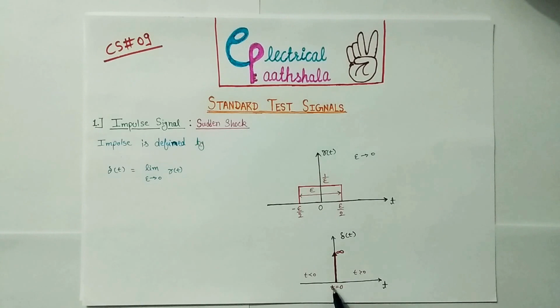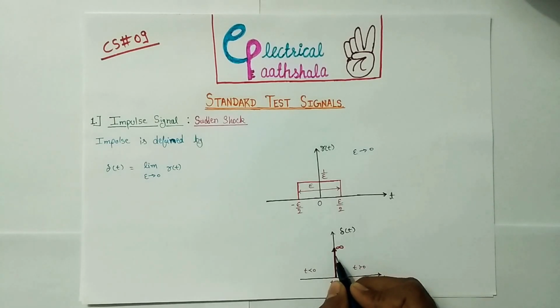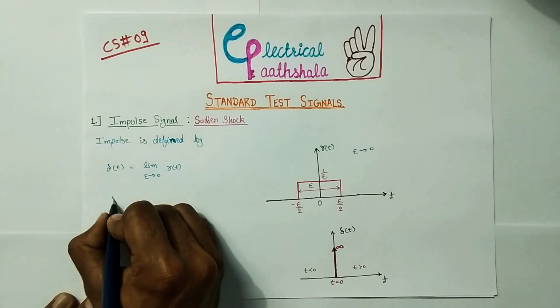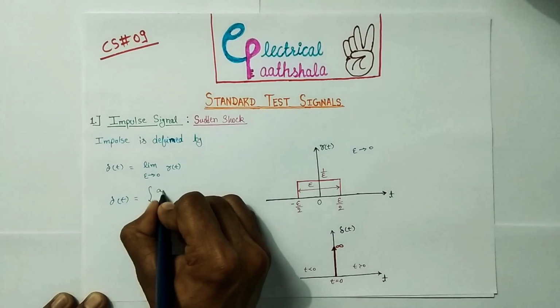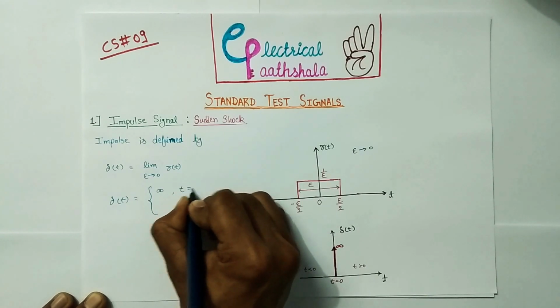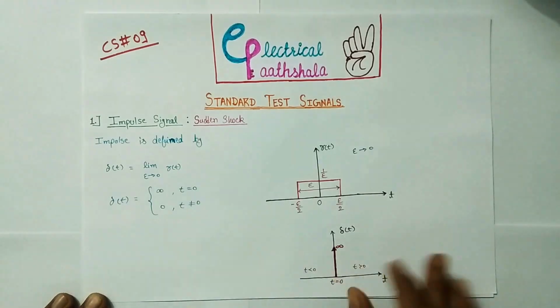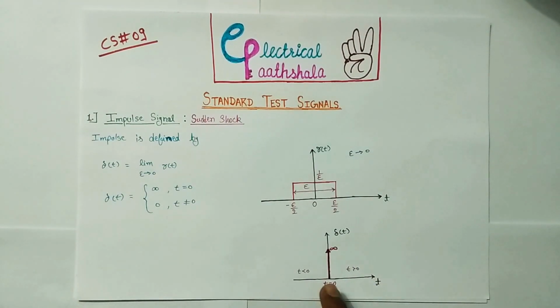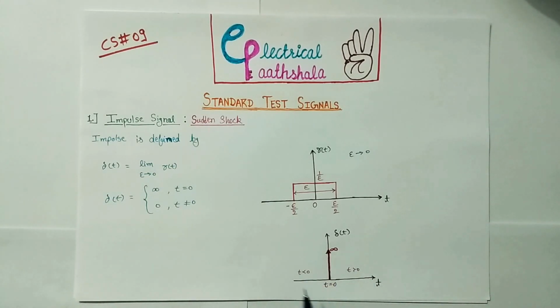Here you can see that this is an impulse signal at a particular time instant t is equals to 0, and here the magnitude of the signal is infinite. Therefore we can write that delta t is equals to infinite when t is equals to 0, and 0 when t is not equals to 0. You can see that in the diagram also. At t is equals to 0, the magnitude of the impulse signal is infinite, and when t is not equals to 0, whether it is t is less than 0 or t is greater than 0, the magnitude of the